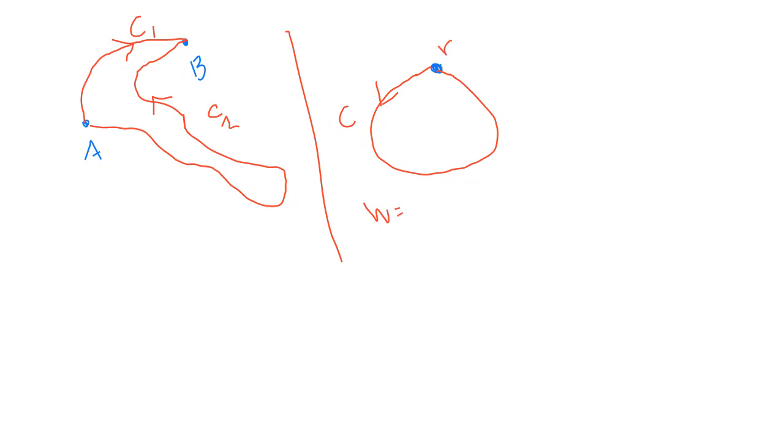Well, if you're starting at r(a), so a is time a, and you end up at time b at the same point again, then the work is just going to equal 0, right? It's just going to equal 0 because of the fundamental theorem of line integrals. What does the fundamental theorem of line integrals say? It says,